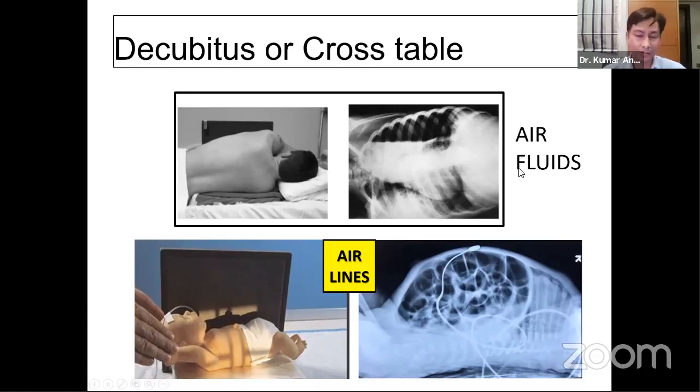The other option is the cross-table X-ray. In this picture, the patient is in the same position, and the X-ray plate can be kept on either side, left or right. The cross-table X-ray is done mainly to look for air in the abdomen, like in cases of pneumoperitoneum, because sometimes small air can't be visible in a supine X-ray if you have not done the erect and AP view. And if there is some confusion about the umbilical venous and umbilical artery line tip, you can also diagnose the line tip position with the cross-table X-ray.